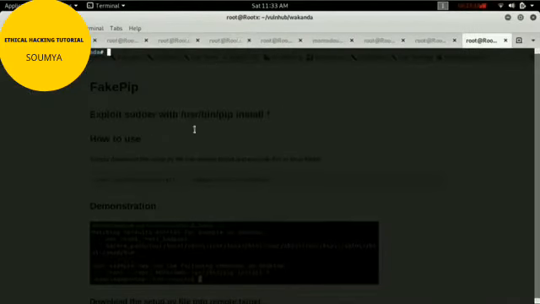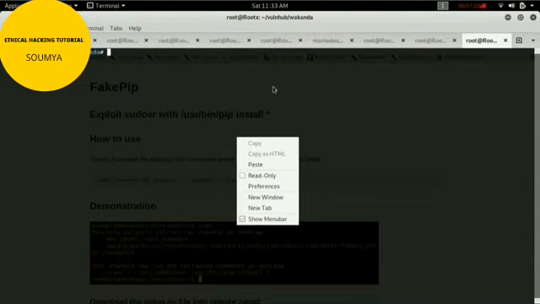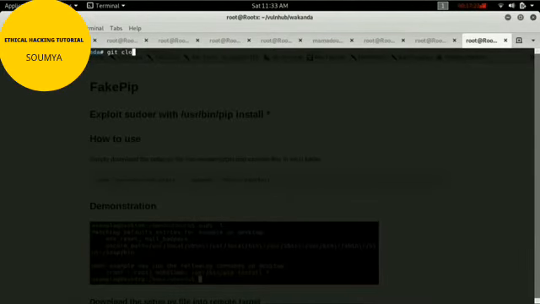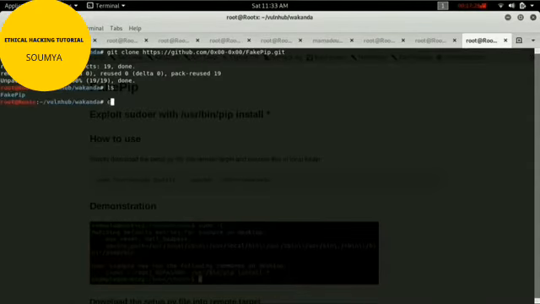Just copy the code. This is my other tab. And git clone. Git clone URL. Okay, just enter. It's cloning the script. Yeah. Okay, let me